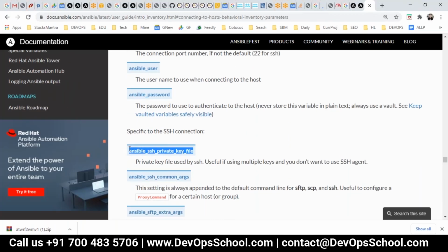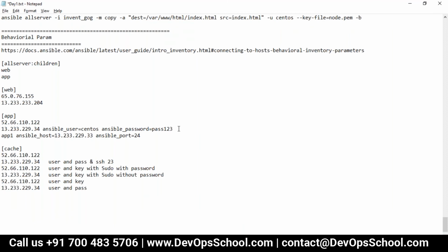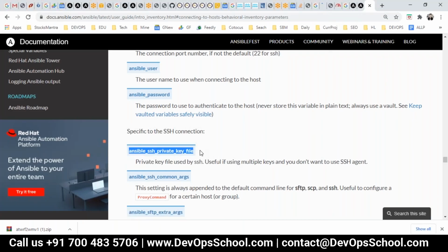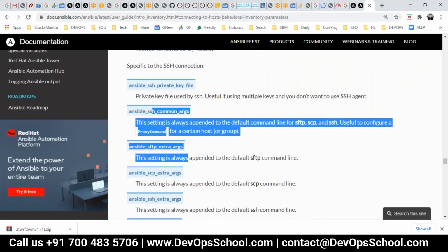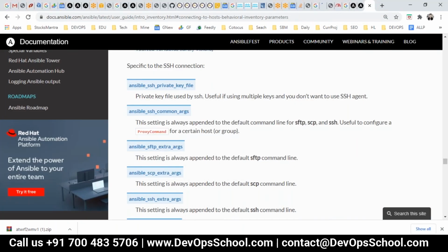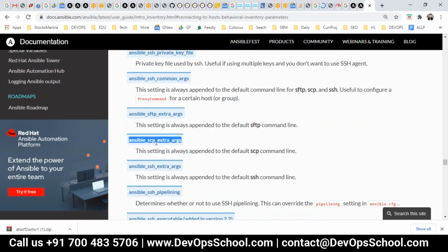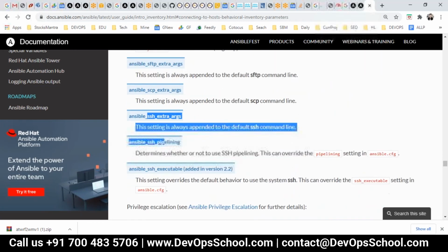Key file, ansible_ssh_private_key_file, is equal to node.pem, and some different SSH arguments, SFTP arguments, SCP arguments, and many things.